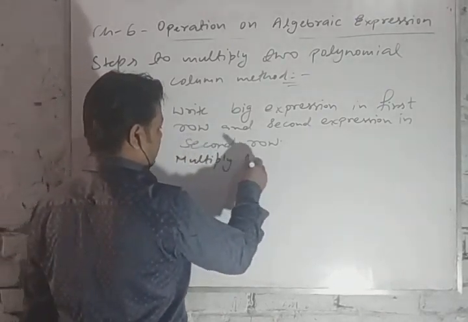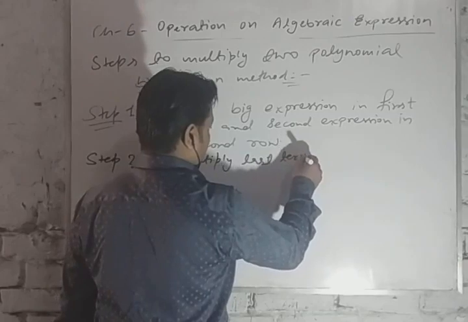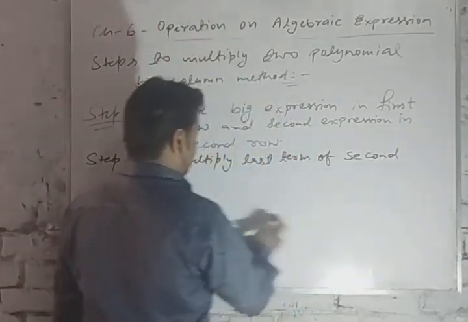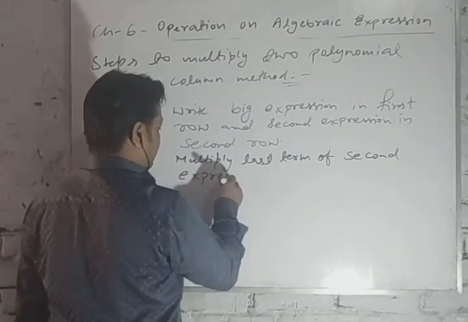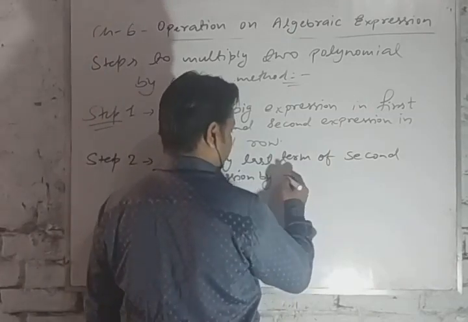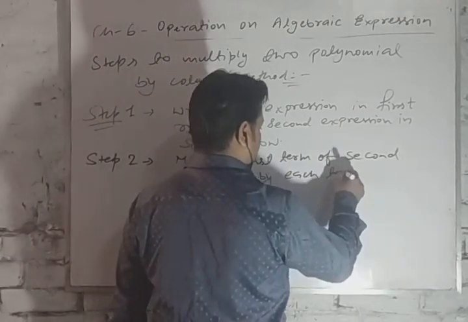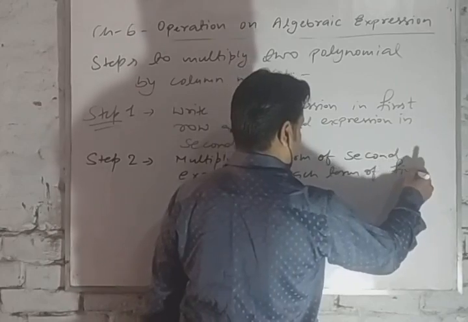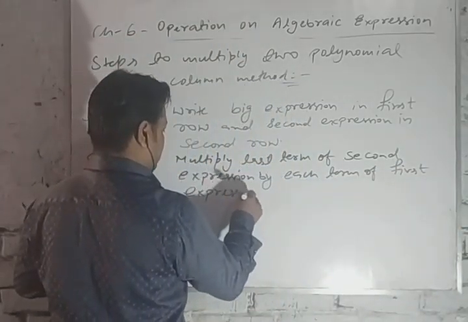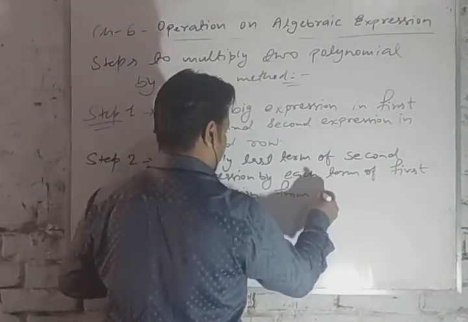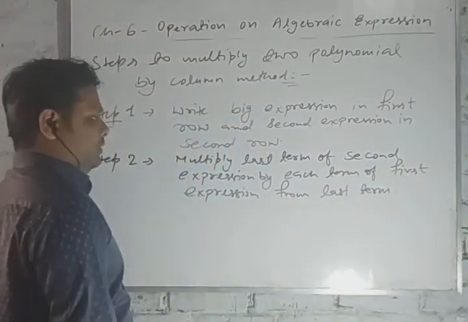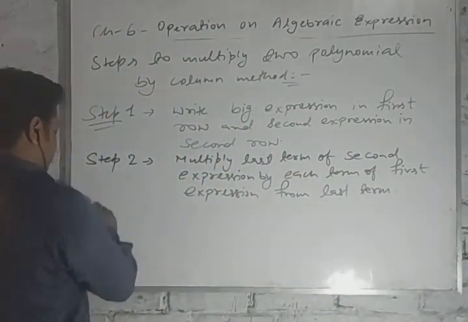multiply the last term of the second expression by each term of the first expression from the last term. After that, step 3,